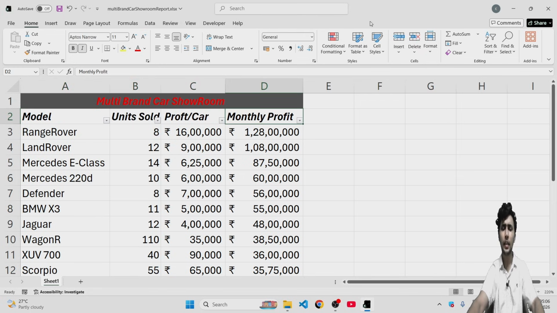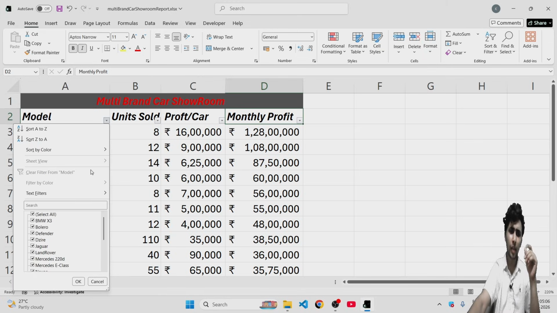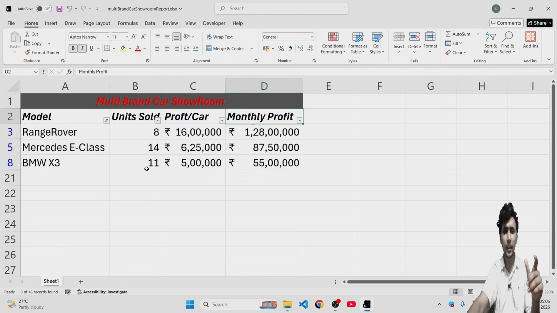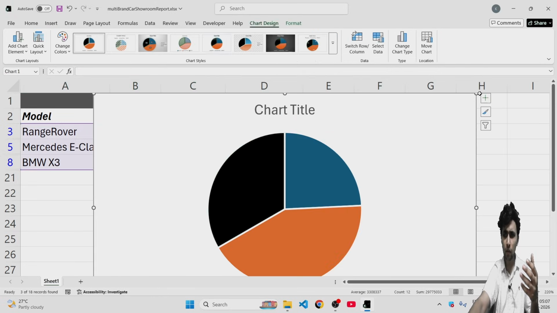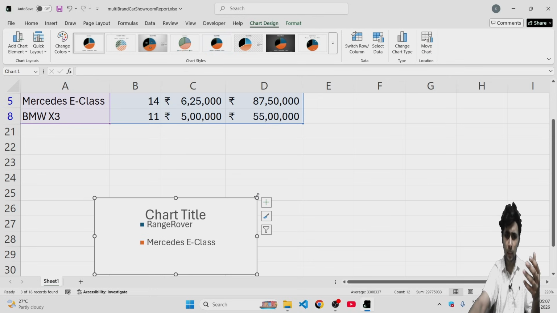The best method is to sort by model because that is the primary way to sort the data. If you sort like BMW X, you can easily find the Range Rover or Mercedes E-Class, and okay. You can see here the top models, the best selling models, how they perform, and you can even plot graphs of this multi-brand car showroom data. If you want to plot graphs, you can simply select the pie chart and select which brand you want. Here you can see very easily how each sale is happening.